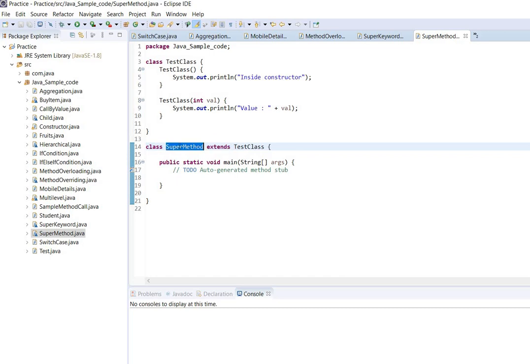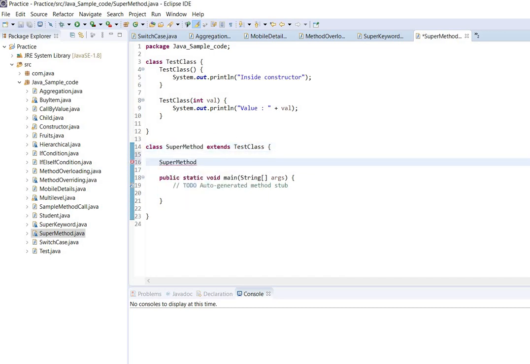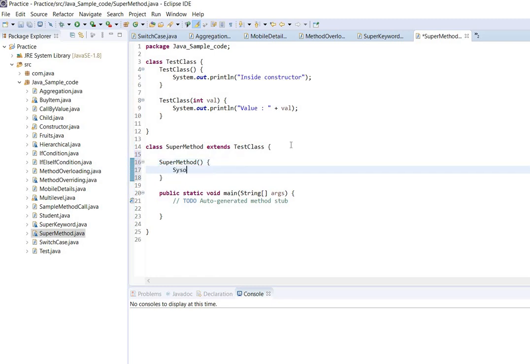So I will create the constructors for this SuperMethod class. This is my constructor with no argument. I'm gonna log the statement "inside SuperMethod constructor".